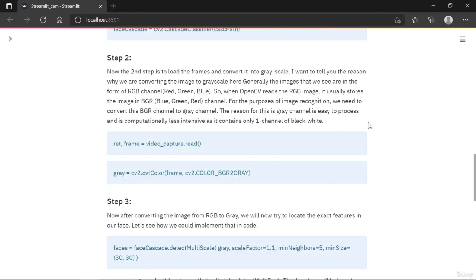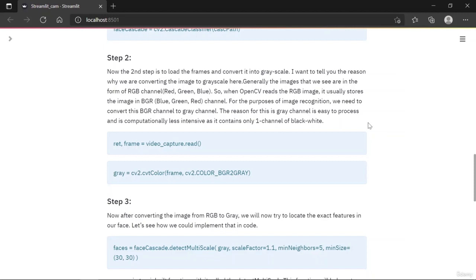Just like I said before, we have to input the images in a format which is the same as what the XML file has. For example, a machine learning model can't take strings as input, right?